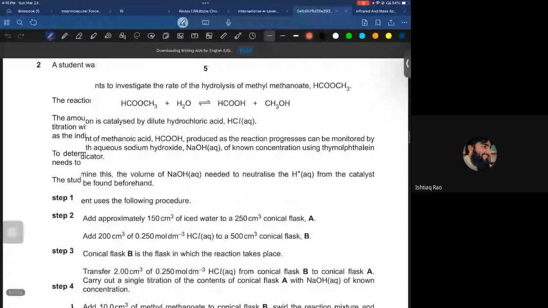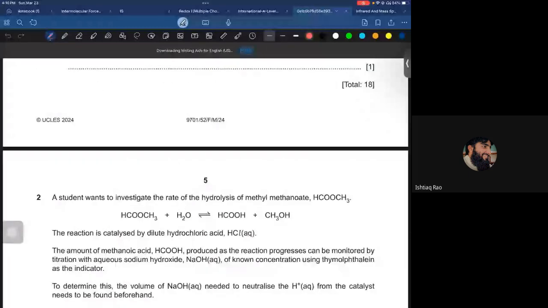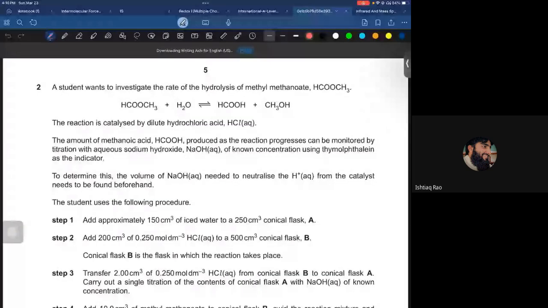Question number 2, paper 9701/52, March 2024. We did one question of this yesterday. In the second, they are saying a student wants to investigate the rate of hydrolysis of methyl methanoate. The reaction is catalyzed by dilute hydrochloric acid. Hydrochloric acid is acting as a catalyst. The amount of methanoic acid produced as the reaction progresses can be monitored by titration with aqueous sodium hydroxide of